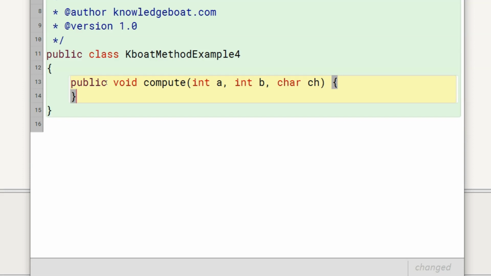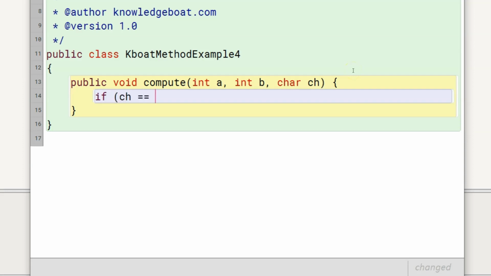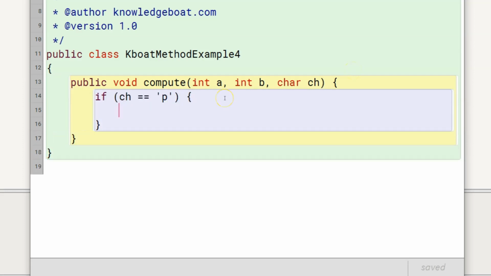Now what must we do in the method body? We need to check if ch is p. It is done like this. If it is, we will compute and print the product.